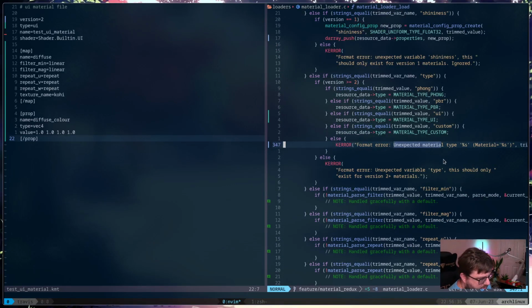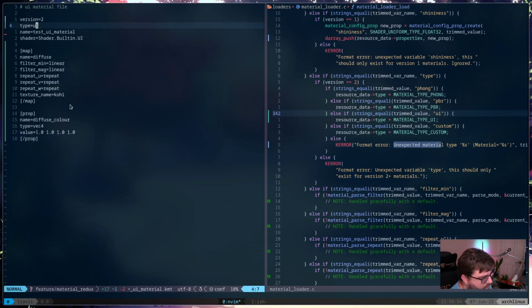That is interesting. So version is greater than 2. Type is UI.